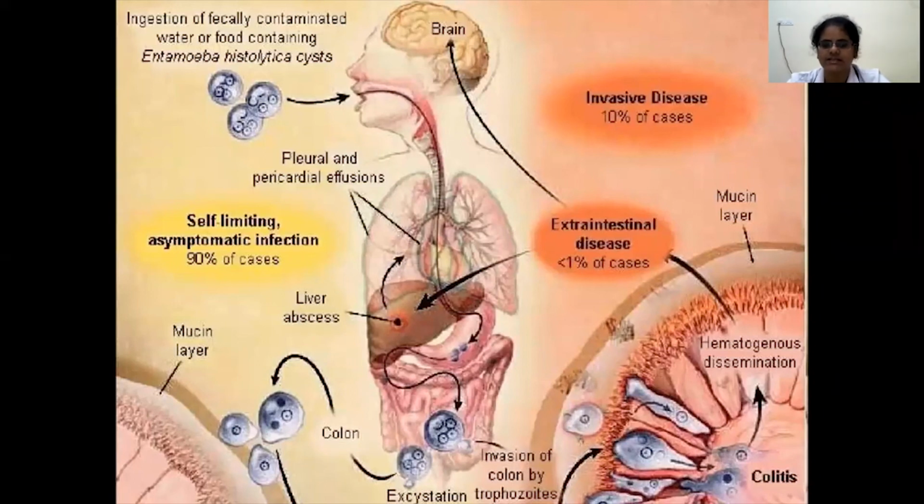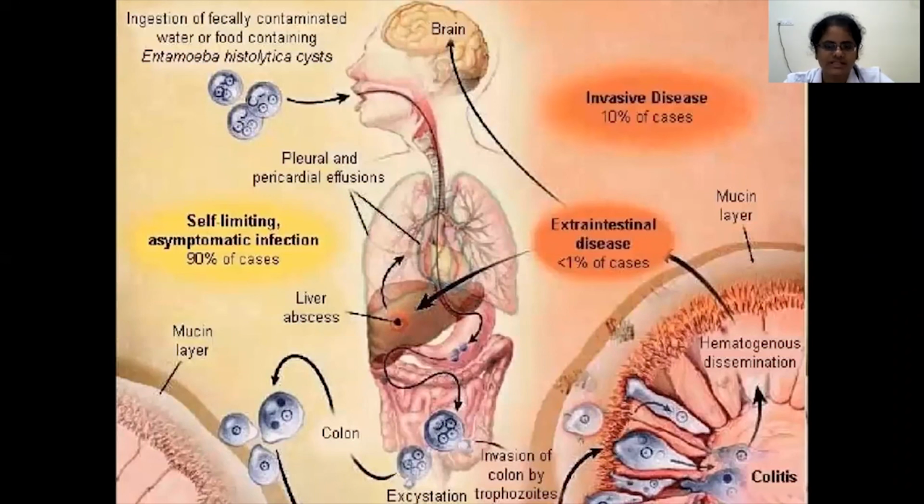Intestinal disease may present as colitis, amoebic colitis. Its severe form is toxic megacolon. They can also present as amoebomas. The other extraintestinal manifestation is amoebic liver abscess, which is the most common. Amoebic liver abscess is most commonly seen in adults, more common in men. Other sites of distant metastasis can be the brain. If there is distant metastasis to the brain, the patient can present with neurological symptoms, like seizures and altered consciousness, if it is cerebral amoebiasis.